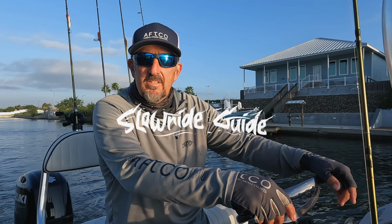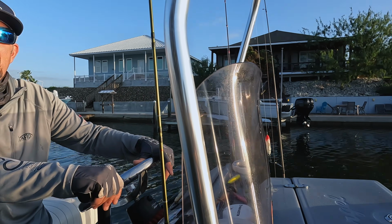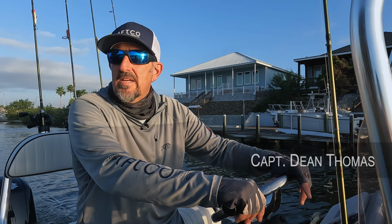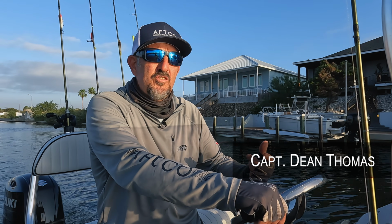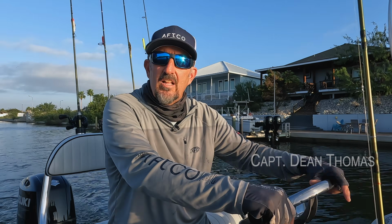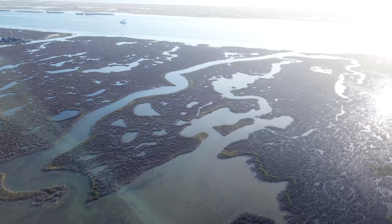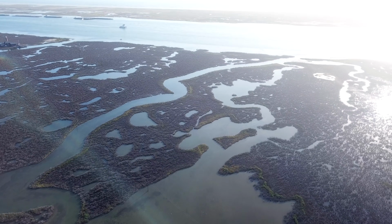We have Carrie with us again today. Beautiful weather, maybe a little spotty showers on the horizon, a little more breeze than yesterday. The tide has dropped out a little more, so we're gonna hit some deeper flats. Still on the shallow grass. We're still gonna throw some top waters and explore the sand holes and the ultra shallow stuff, but it's just